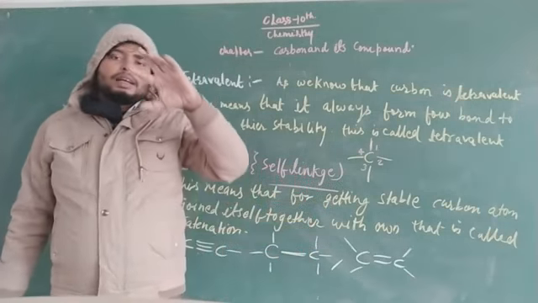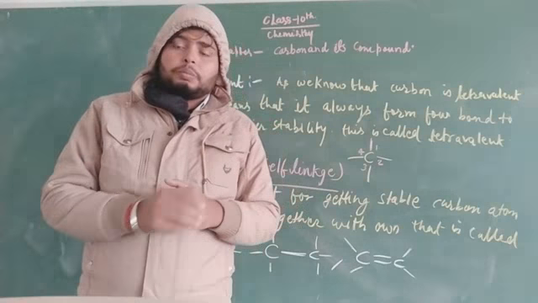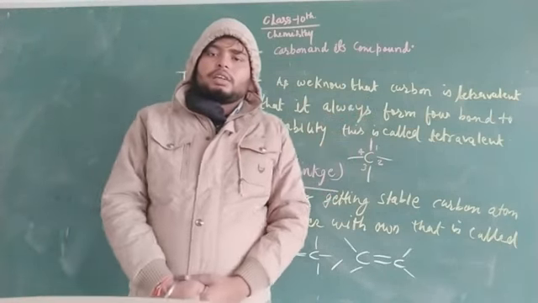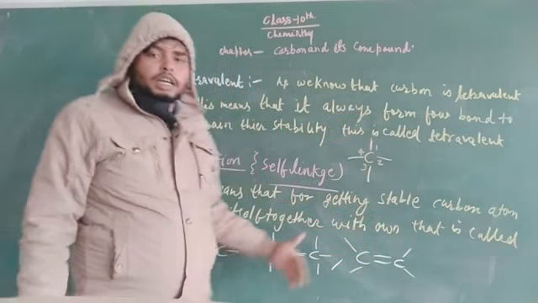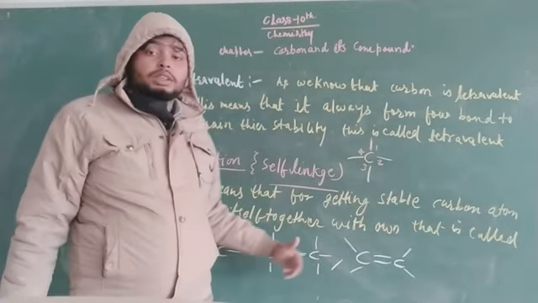So these are all the criteria for the formation of diamond and graphite. In today's class we have learned only this. In the next class we will learn about another